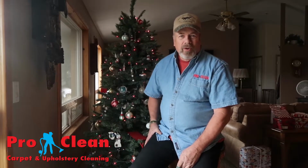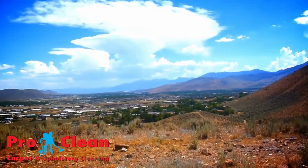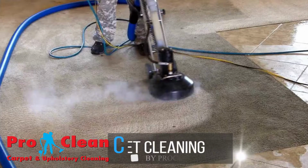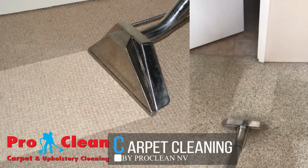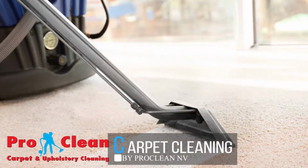Living in the desert here in Northern Nevada in the wintertime, you could be tracking in a lot of this gravel that we have out here. And it's good to have your carpets cleaned about twice a year, but especially in the wintertime when people are tracking in gravel and things. This is extra wear and tear on your carpet, especially in the entryways and your traffic areas around the house. So I recommend that you have your carpets done at least once in the wintertime and then again in the